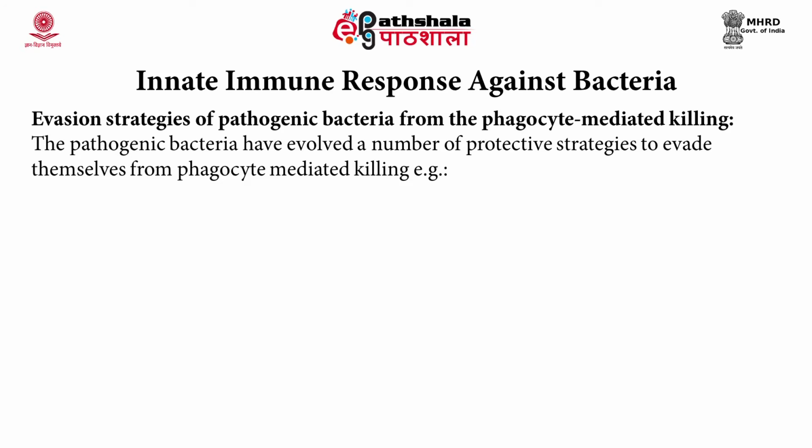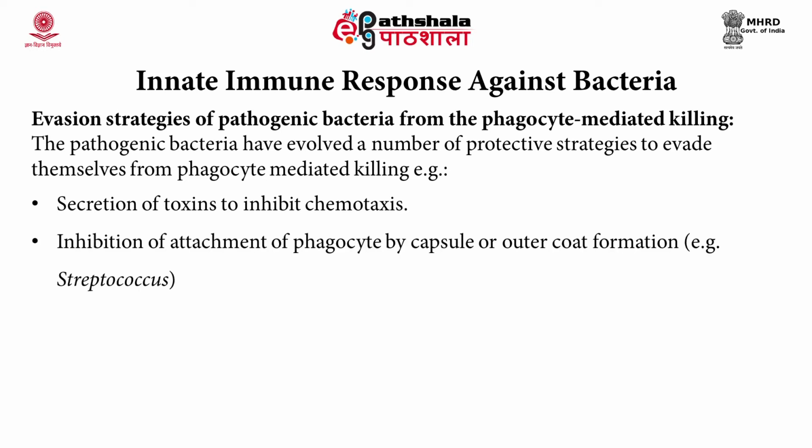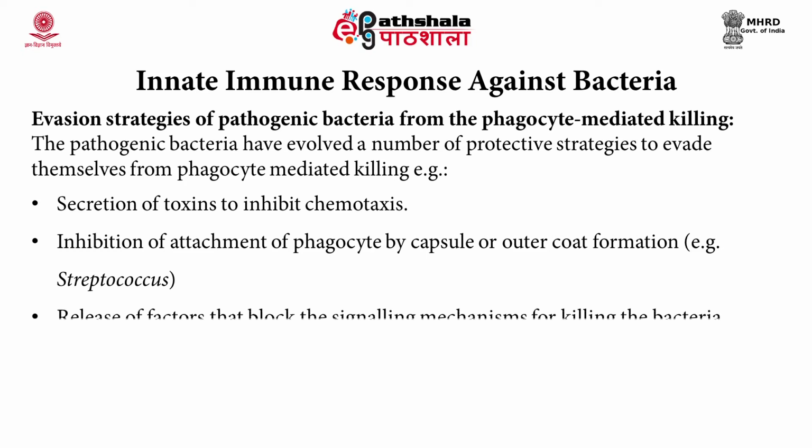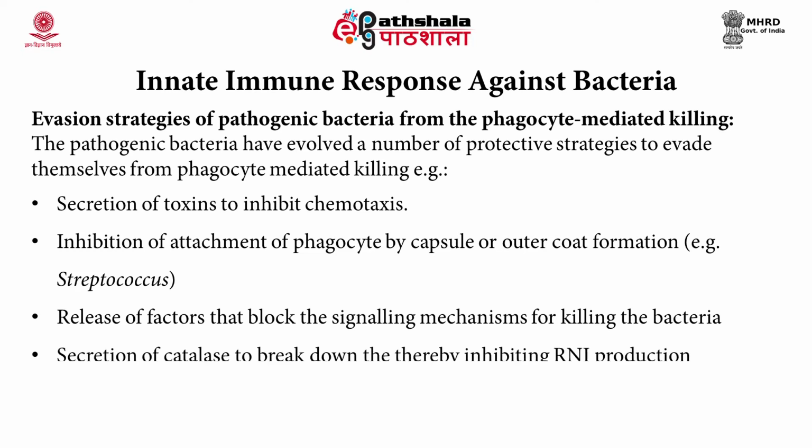Students, now let us move on to the evasion strategies which various pathogenic bacteria adopt to avoid the phagocyte mediated killing. The pathogenic bacteria have evolved a number of protective strategies to evade themselves from phagocyte mediated killing, such as secretion of toxins to inhibit chemotaxis, inhibition of attachment of phagocyte by capsule or outer coat formation as in case of Streptococcus, release of factors that block the signaling mechanisms for killing the bacteria, secretion of catalase to break down